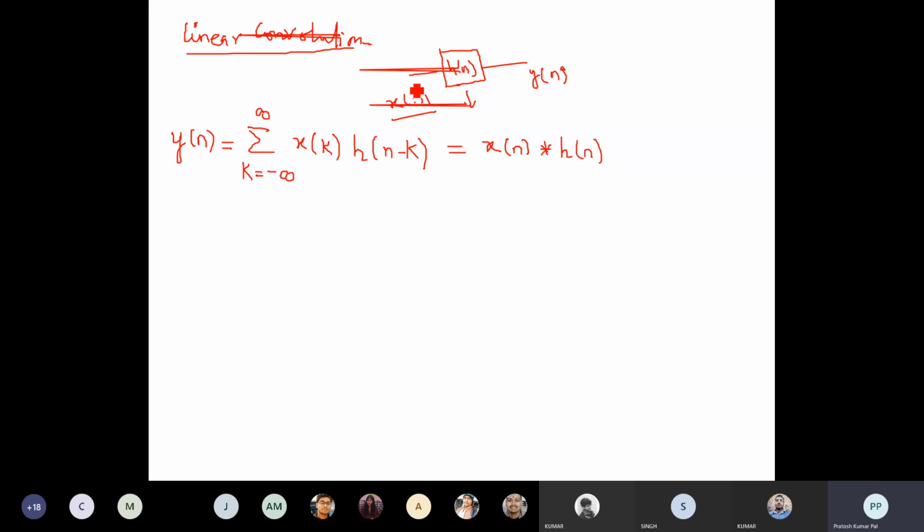ठीक है, so ये कोई सिस्टम है. ठीक है, this is a system and its transfer function is given like h of n. This is your h of n and this is input x of n, और y of n जो है output है. So output is given by y of n is equal to summation k varying from minus infinity to infinity x of k h of n minus k, multiplication of these two signals. This will be represented by the convolution of x of n and h of n. So x of n and h of n का convolution जो होता है वो हमें क्या देता है, उस सिस्टम का रिस्पॉन्स देता है, दैट इज आउटपुट देता है. ठीक है, दिस इज लिनियर कन्वोल्यूशन.